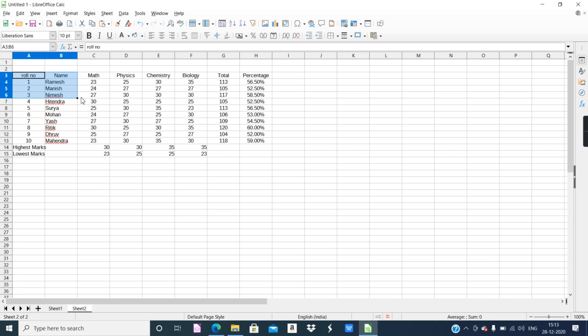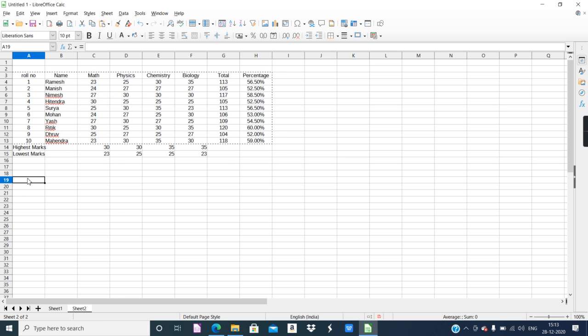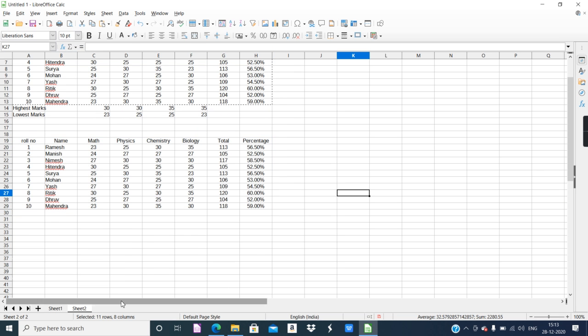So what we are going to do is, you can do sorting here also, but to make the difference very clear to you, I'll copy this entire thing and paste here below. Okay, so now with this set of data we will do sorting. Sorting means arranging the data in ascending and descending order. Sorting can be done for numbers as well as alphabetical data.